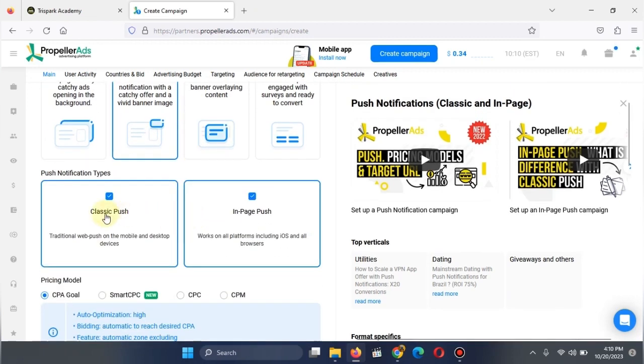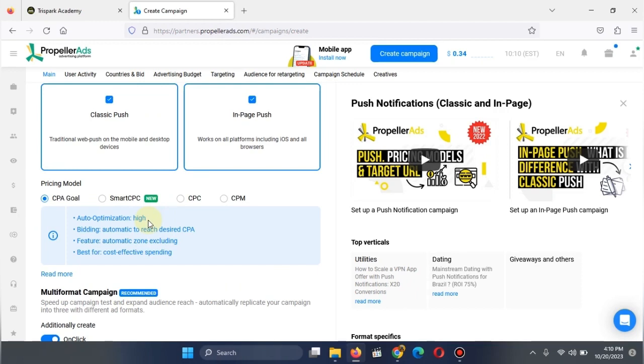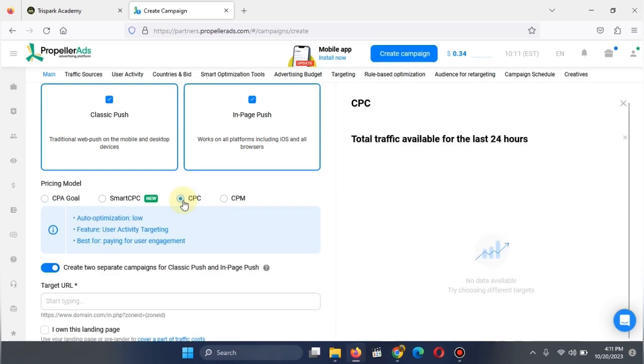Then you come in here and select the classic push, which is a better alternative. You can deactivate this, just select only this one. Okay, this is better. Or you can put the two of them so that you maximize the traffic coming to your website. Now, you can decide your pricing model in two methods, the two best methods, either the CPC model or the CPM. The CPM means that you are charged per 1,000 impressions on your Propeller ad, while this one means you are charged per click. So for me, I usually go for CPC here, but of course, it's not bad if you decide to choose the CPM model.